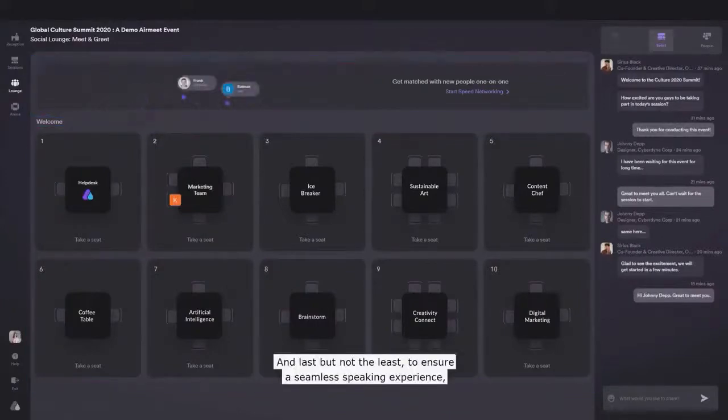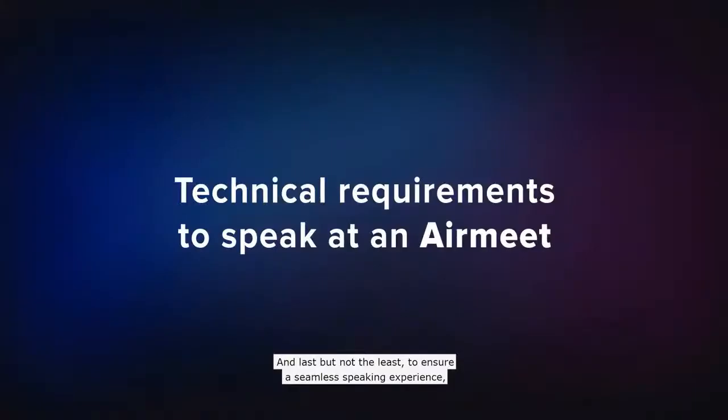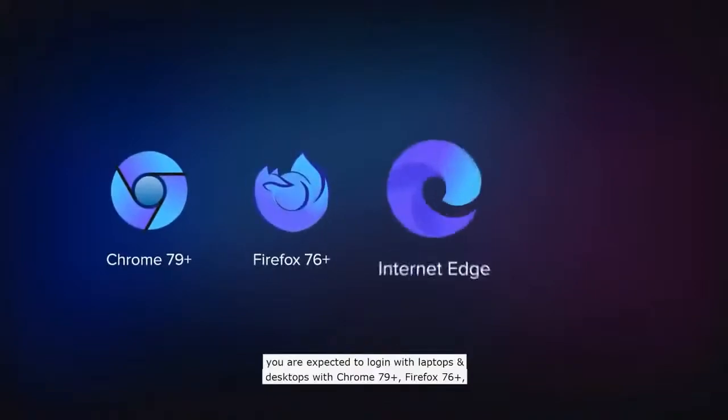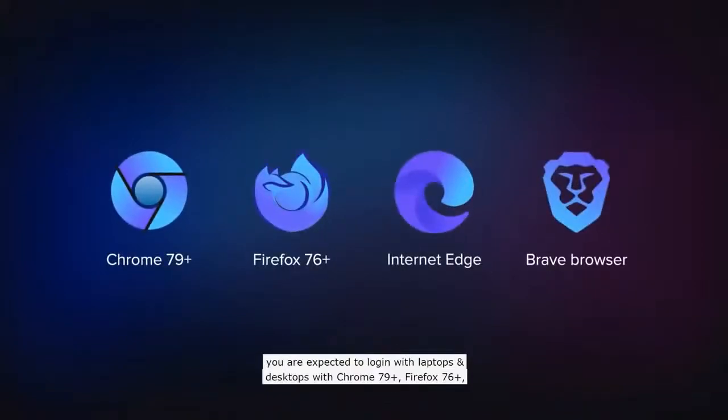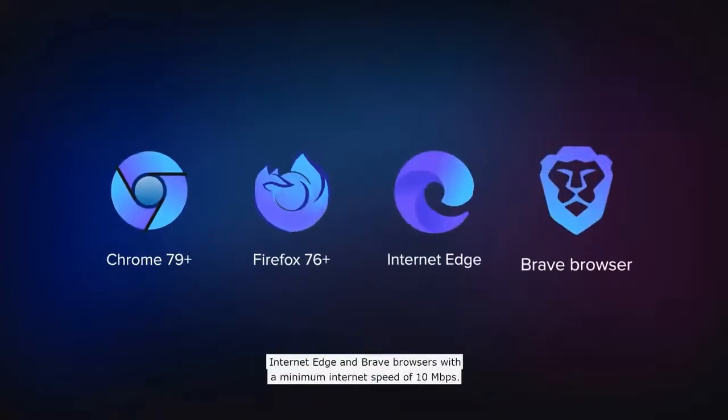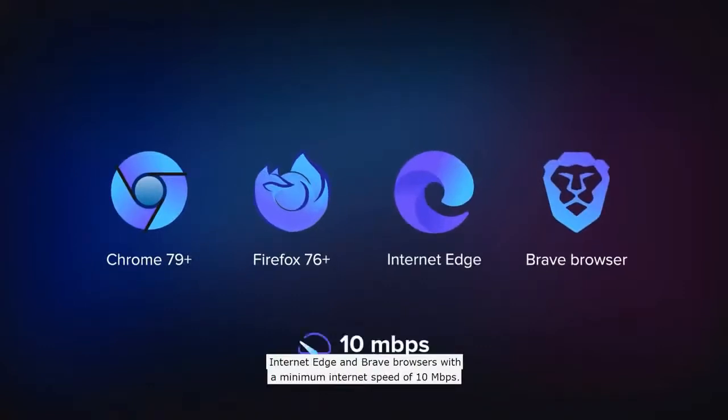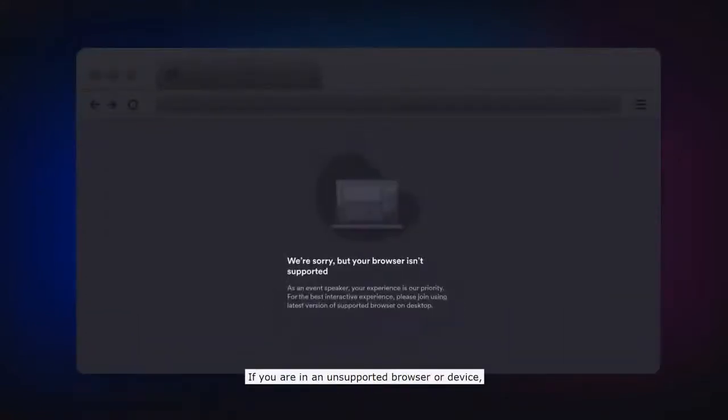And last but not the least, to ensure a seamless speaking experience, you're expected to log in with laptops and desktops with Chrome 79+, Firefox 76+, Internet Edge, and Brave browsers with a minimum internet speed of 10 megabytes per second. If you are in an unsupported browser or device, you will not be able to present, speak, or interact